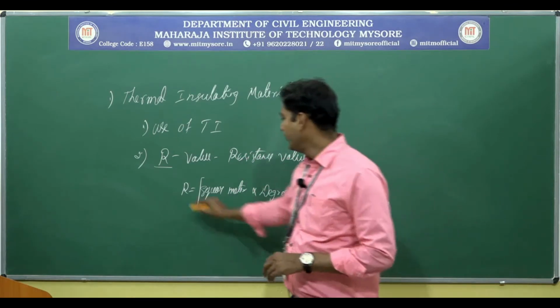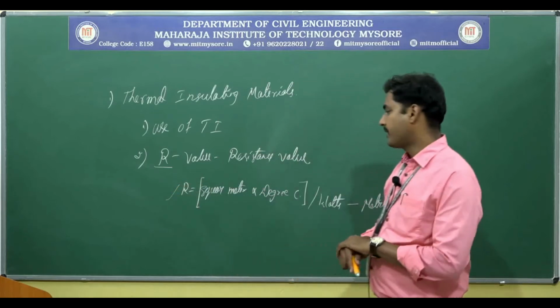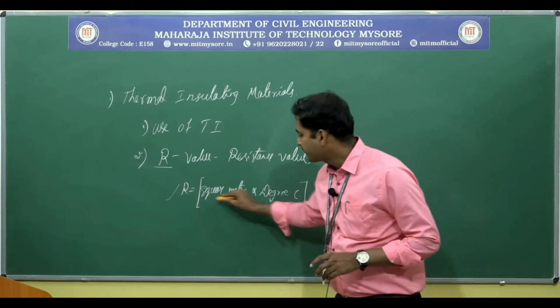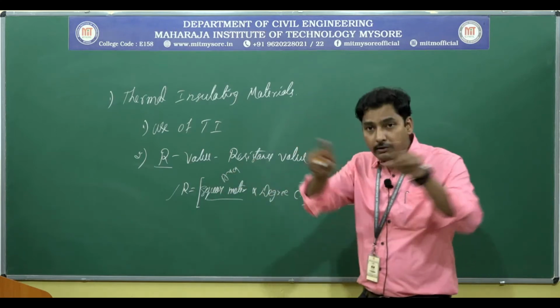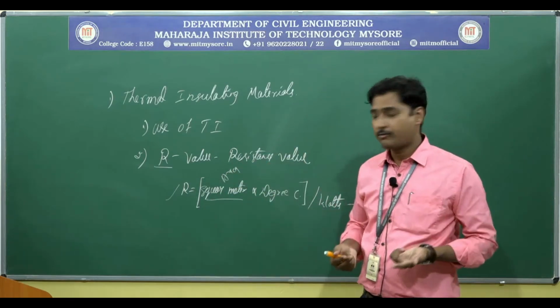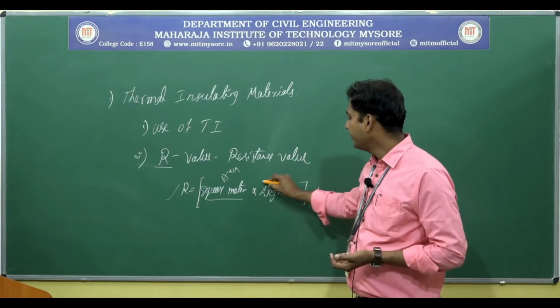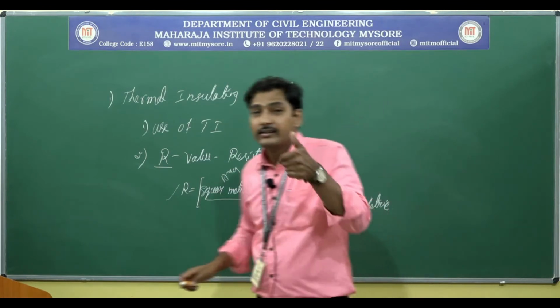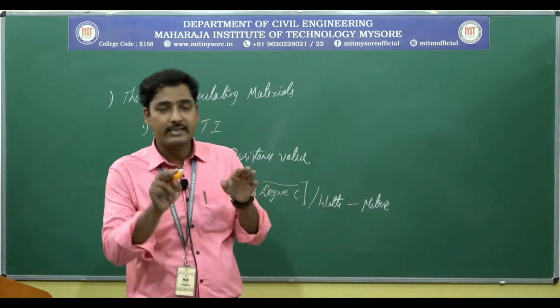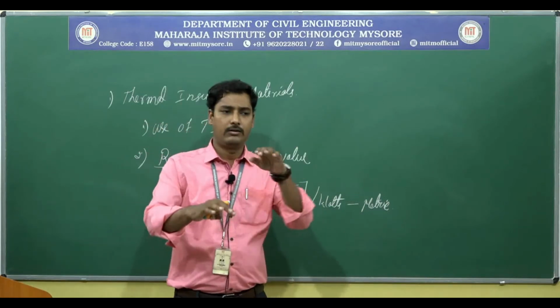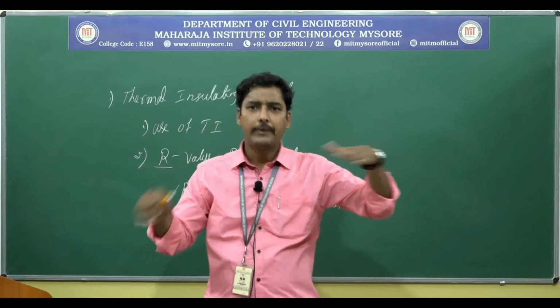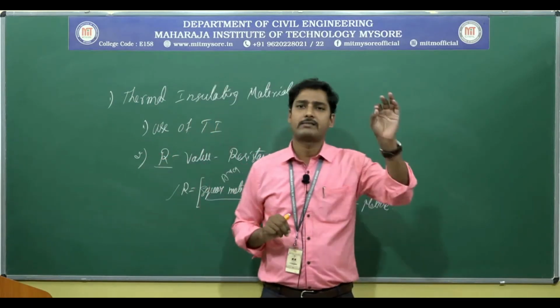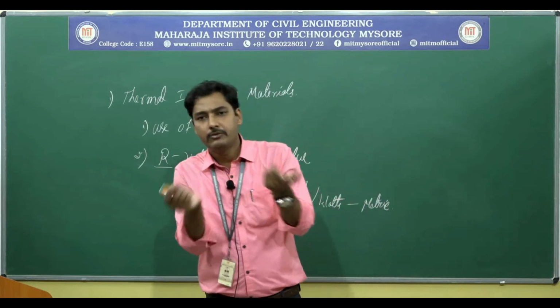But usually we prefer calculation of R value in this manner, that is square meter. Square meter is nothing but your area. Area of that particular building or room or component in square meter multiplied by the degree. Degree is nothing but the difference in temperature. For example, if you are planning for 30 degrees as the maximum temperature and 20 degrees as the minimum temperature, so maximum is 30, minimum is 20. Within that we need to check